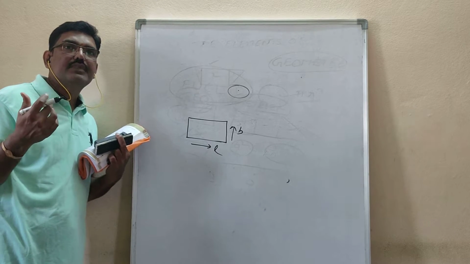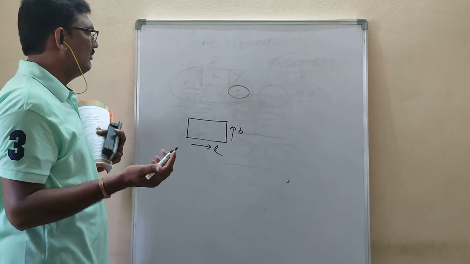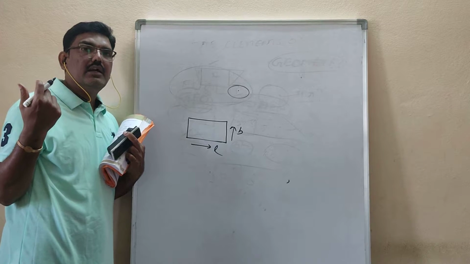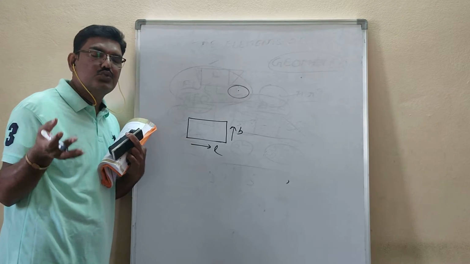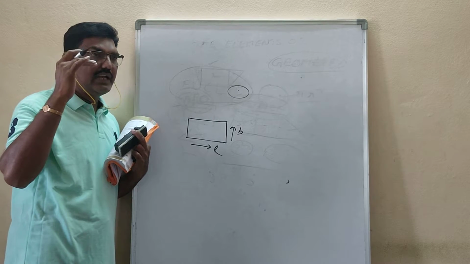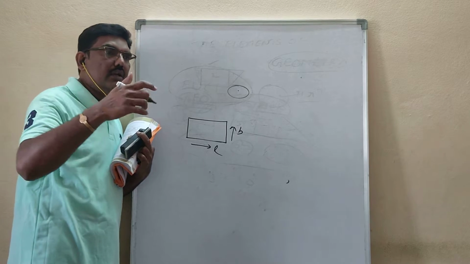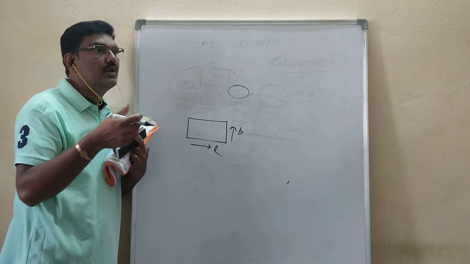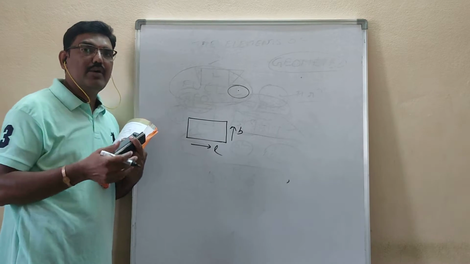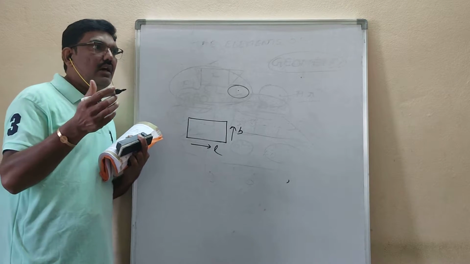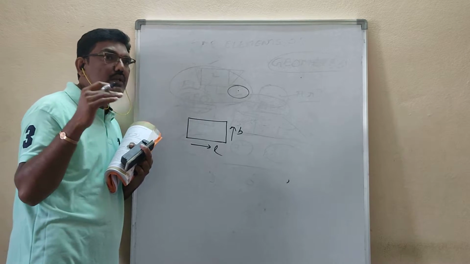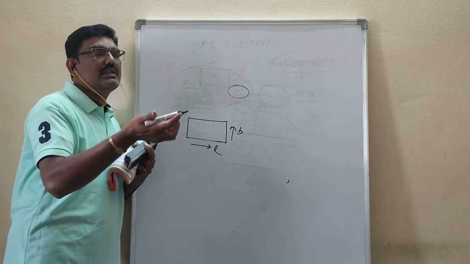Three-dimensional, 3D figures. You already saw some 3D pictures, maybe in cinema theaters or in schools also. For 3D, they have to wear some spectacles. At that time, if any snake is coming, you will imagine the depth also. You will feel that it is coming very near to you. Or 3D TVs came already. With 3D TVs, figures or pictures seem to come out of the TV. It won't come, but you will think like that.